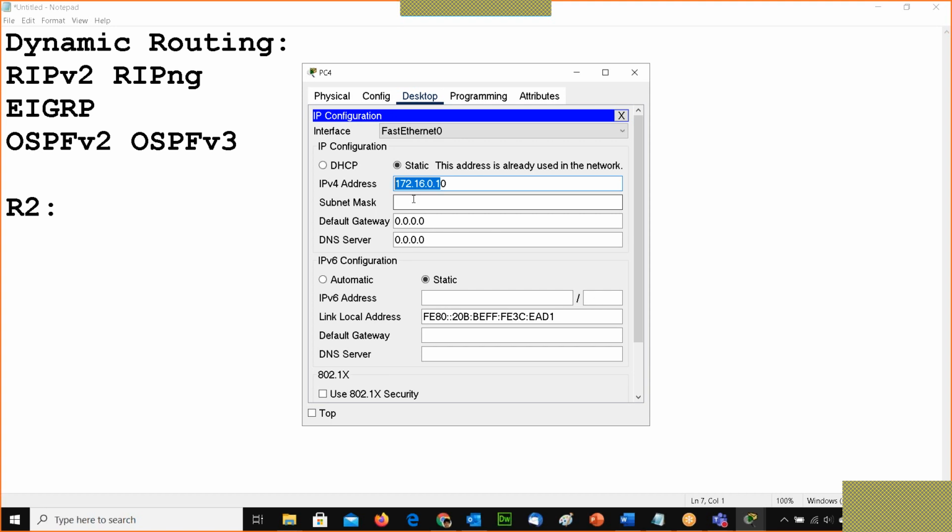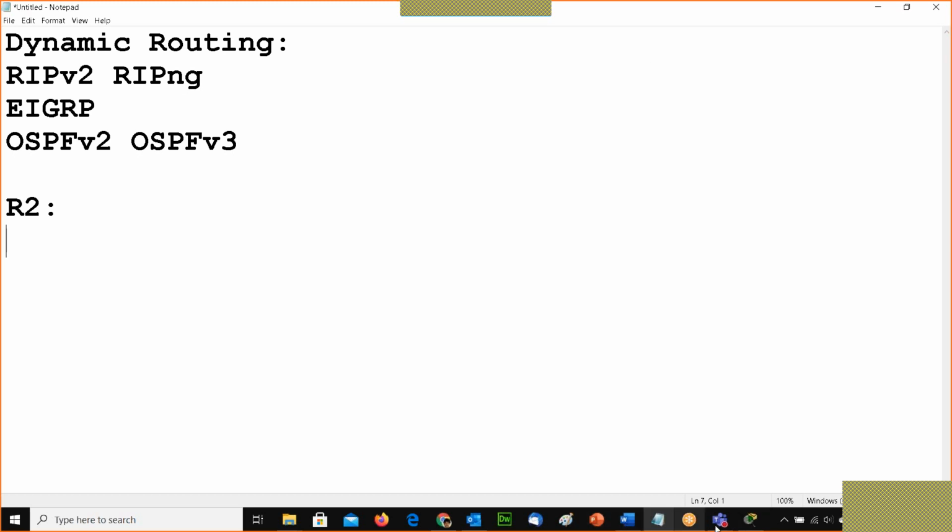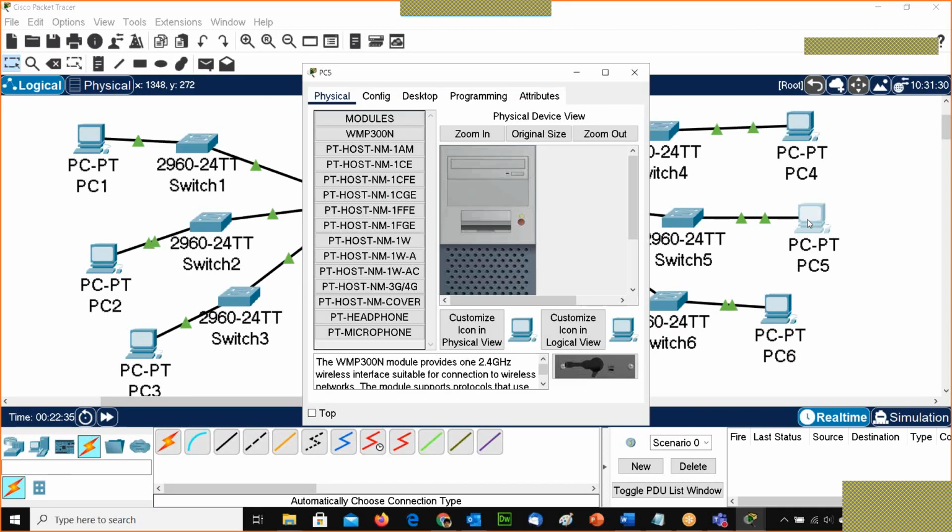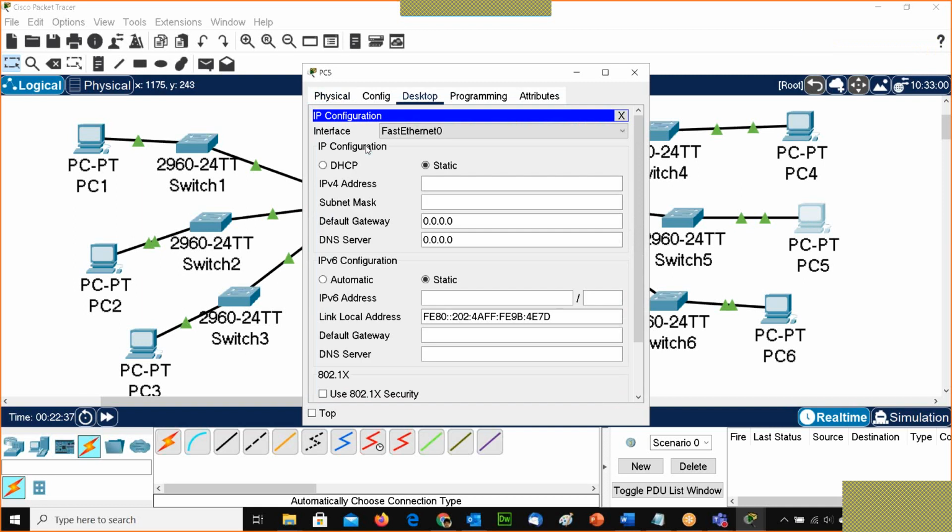We have to be a little careful about the subnet mask. So that is 255.255.0.0. I really have to go and configure PC5. So here I'm changing the subnet mask and the default gateway.